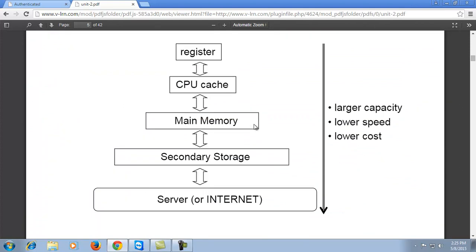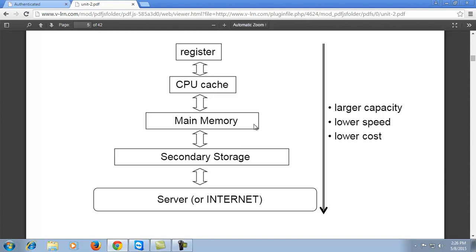This is the structure which we follow in computers for memory purposes. It begins from larger capacity. If we start from the top and come down, it goes from larger capacity to lower speed and lower cost.